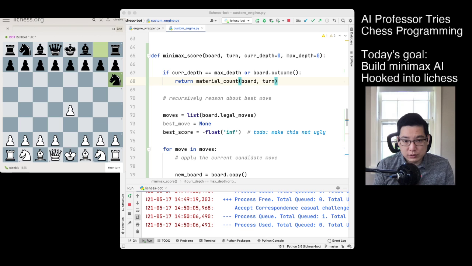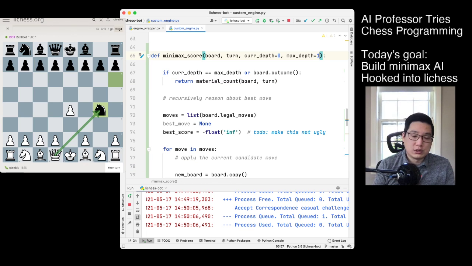is defended, this square is defended. So let's move pawn there. Yeah, I took it. Okay, so that's right. It increased its material advantage, but without realizing that on the next move I can just take it back. So now if I set to depth 1, what we should see is it won't do that. So let's give it a